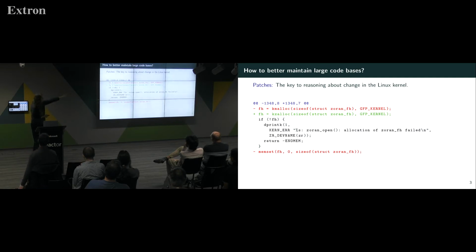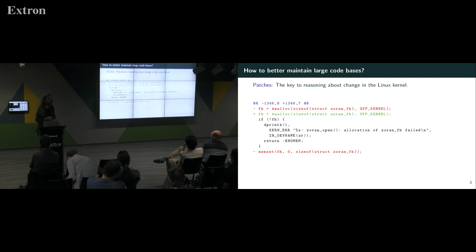People are used to looking at things that look like this. We have an extract of code, and we have some lines that we don't like. They have little minuses in front of them. They have some lines we want to put in their place, with little pluses in front of them. And that's about it. Usually these are accompanied by a helpful message that explains what's going on. But basically, the developers are familiar with looking at the code and seeing what's going on.